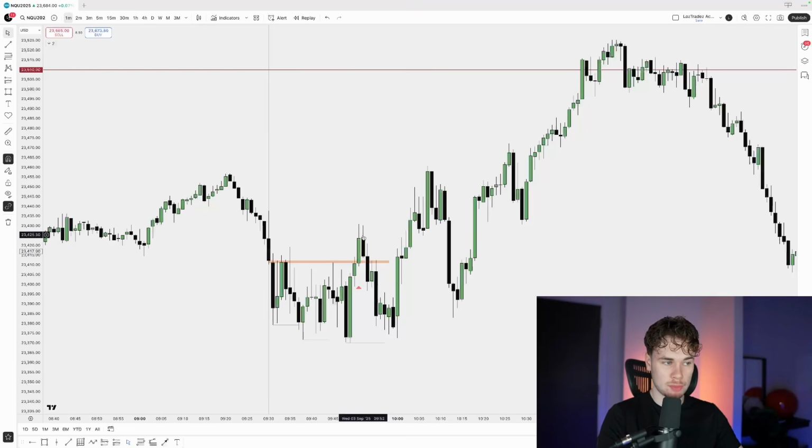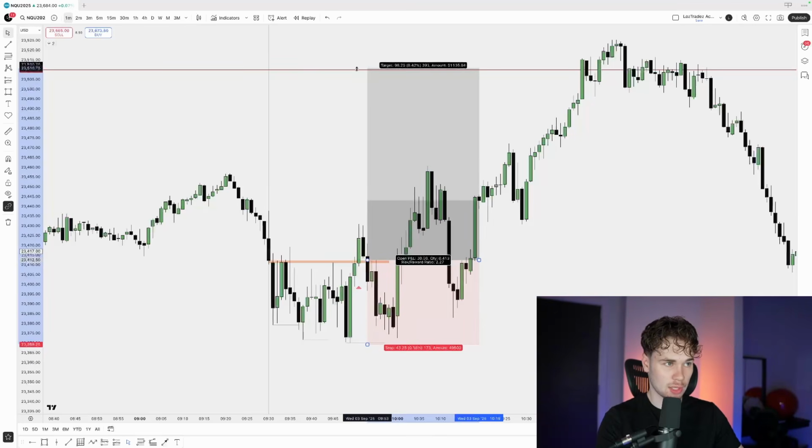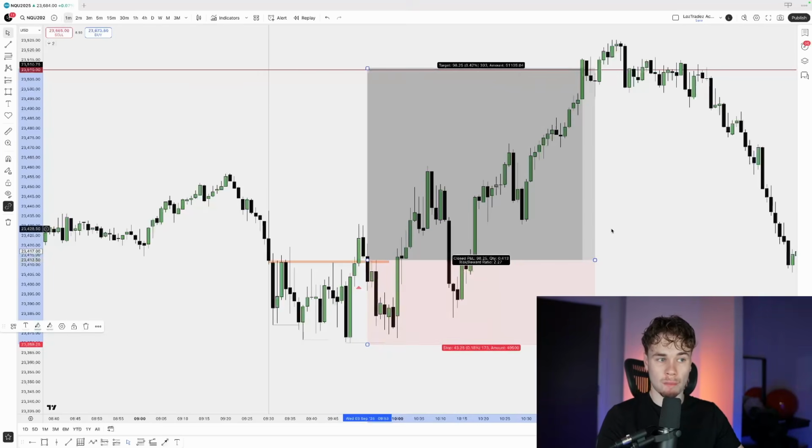When we reach back down on the 9:52 candle, I took a long about here on the revisit of that. My stop loss went below there and I aimed for the equal highs, which was a nice 1 to 2.27. That is very simple mechanical trading, and it's the reason why I say you only need 9:30, because it performs